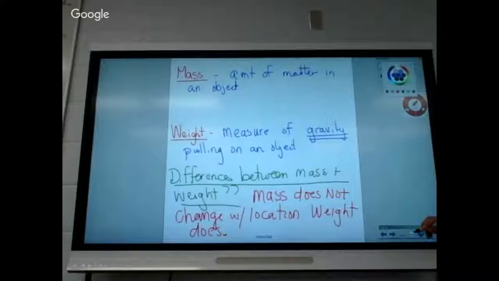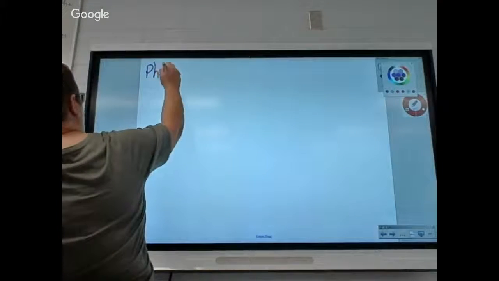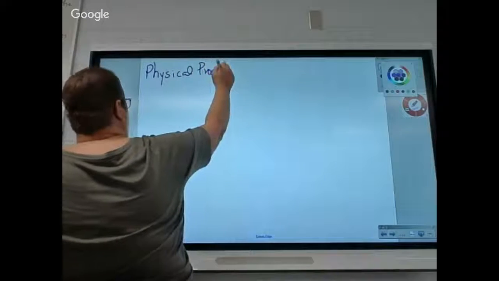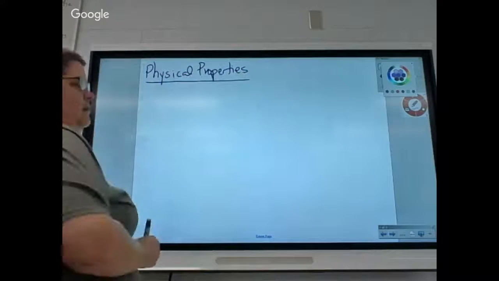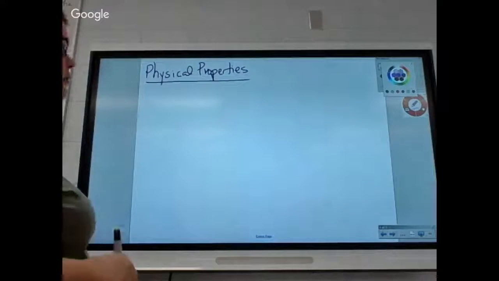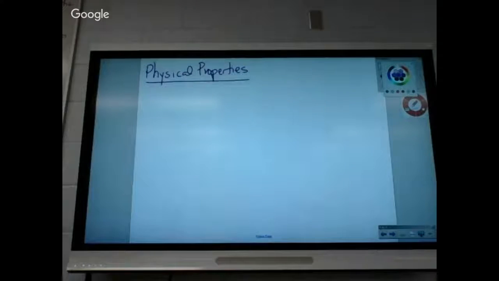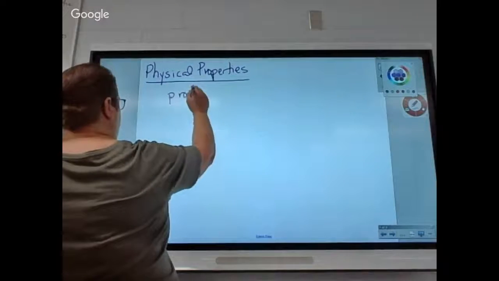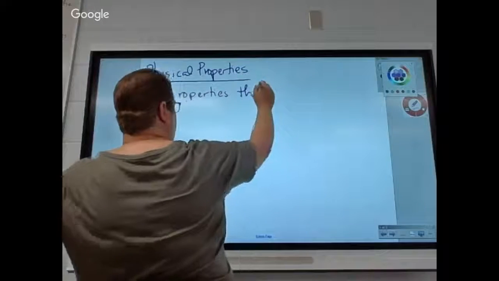All right, let's talk physical properties. Since we're talking about our blue chart, most of the things we've been working with the last couple days, density, heat, specific heat on your chart, are physical properties. So we're going to hit some highlights with physical and chemical properties. Physical properties are properties that can be observed